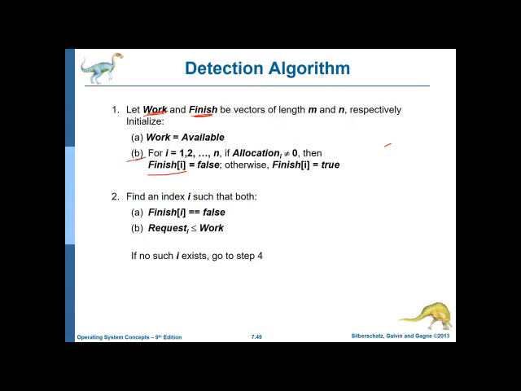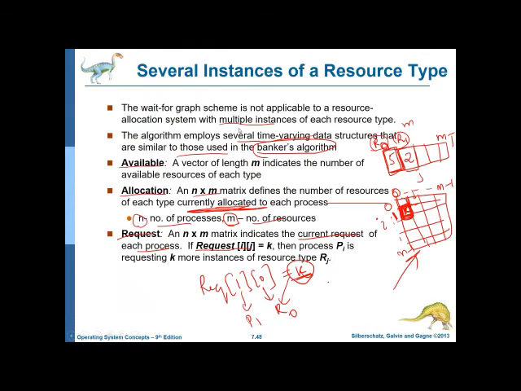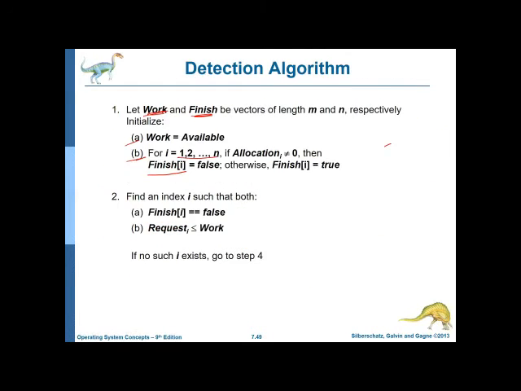Now the second part of this first step is, for every process i from 1 to n, we know n is the number of processes and m is the number of resources, or from 0 to n minus 1, you can label it as you wish, check whether allocation of i is not equal to 0. Allocation equal to 0 means none of the resources has been allocated to the process. We are talking of allocation not equal to 0, which means some value is there.